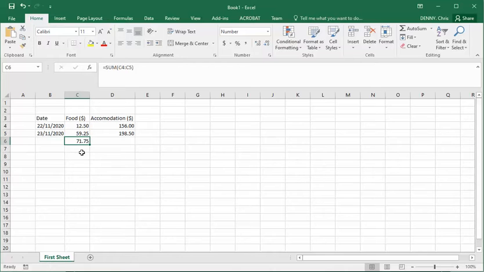You can also put, and I'll show you another way of doing this, equals. As soon as you put equals into an Excel spreadsheet, it tells you that you're entering a formula. The next thing I could do is click on this one. That identifies that cell, plus this one, and enter. And again, it gives it the value, but instead of using the sum function, I've just simply added the cells